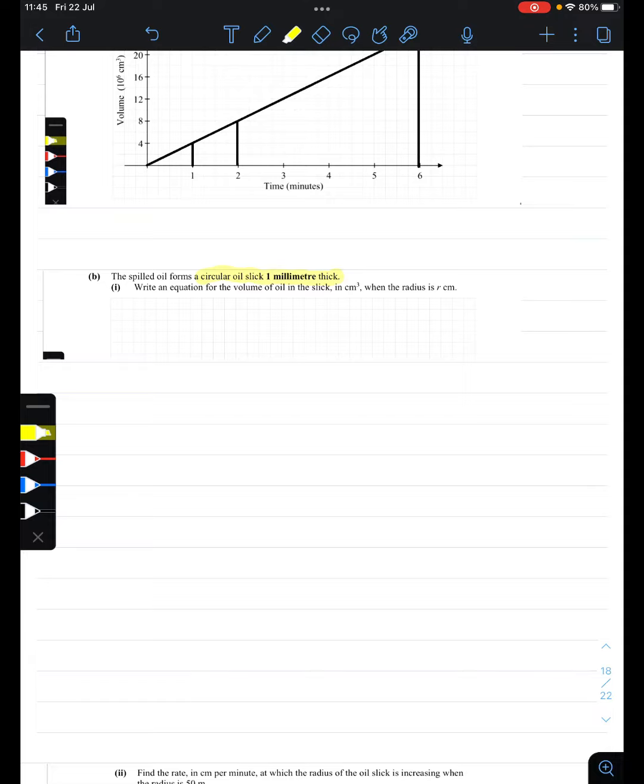So it's kind of like a cylinder. And so if we look at the volume of a cylinder, circular, 1 millimeter thick,